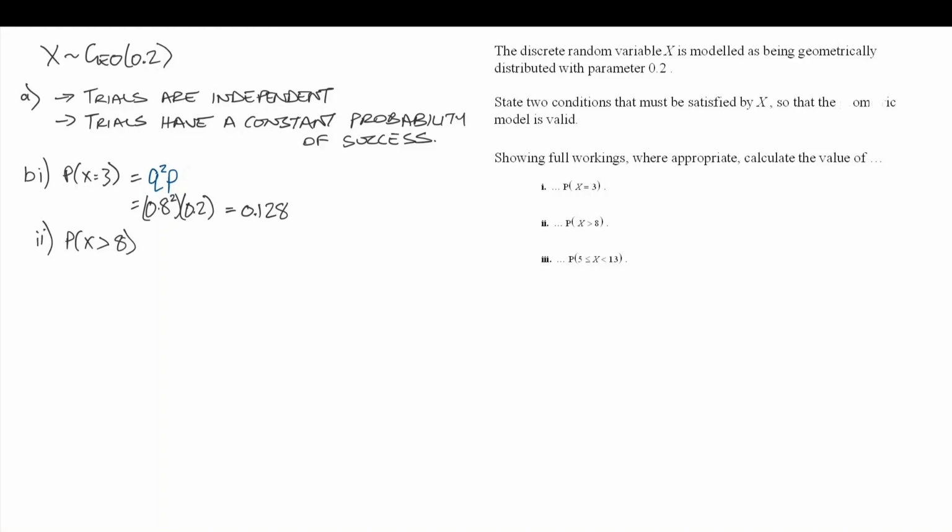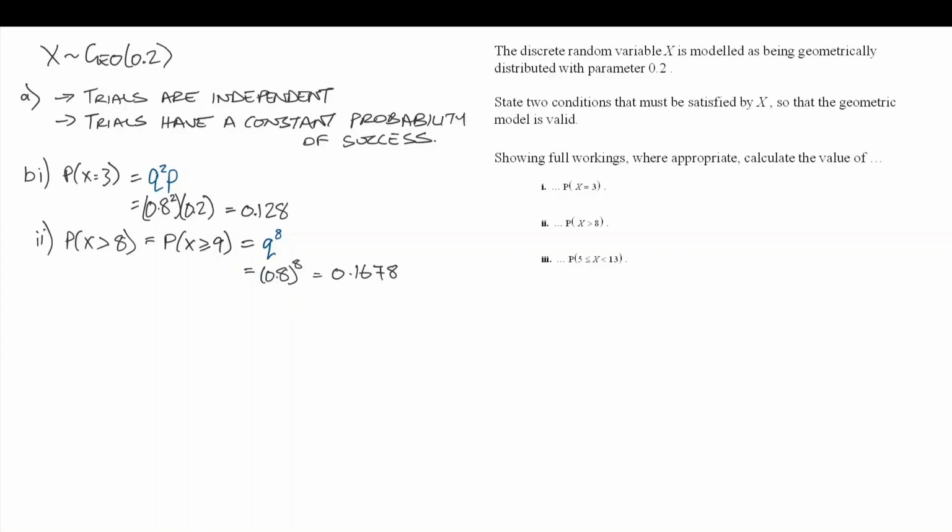Part 2, the probability that x is greater than 8. The probability that we need more than 8 attempts before we have our first success. Firstly, we always rewrite this with an equals to. So the probability that x is greater than or equal to 9. If we needed 9 or more attempts to get our first success, that means we have definitely had 8 failures. So this is the probability of 8 failures, q to the power of 8. That's 0.8 to the power of 8, and that's